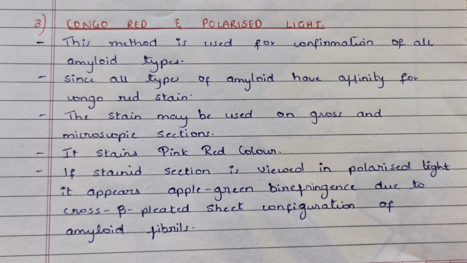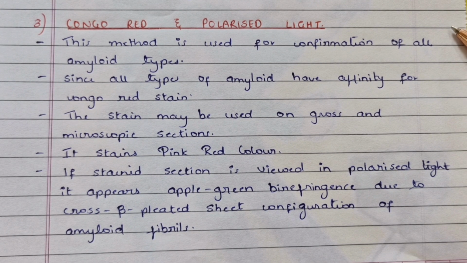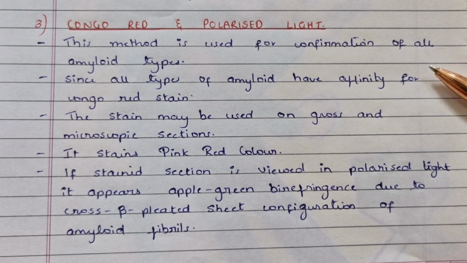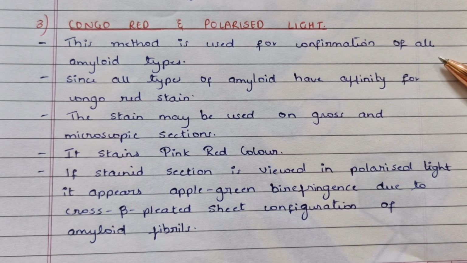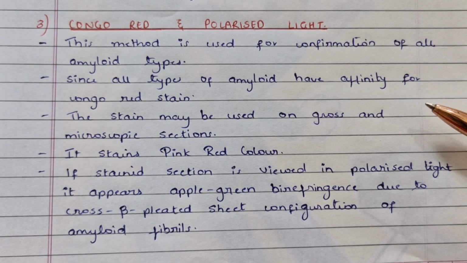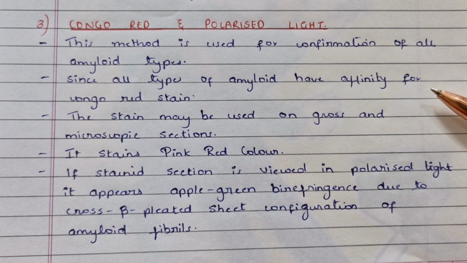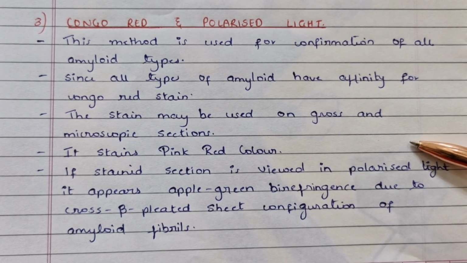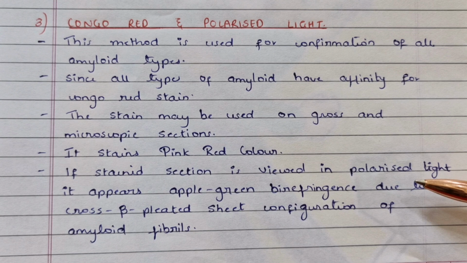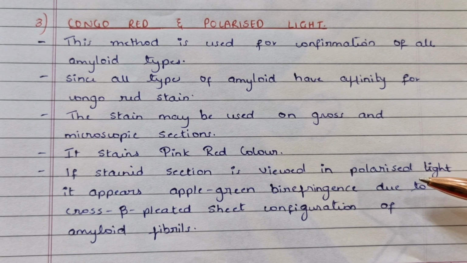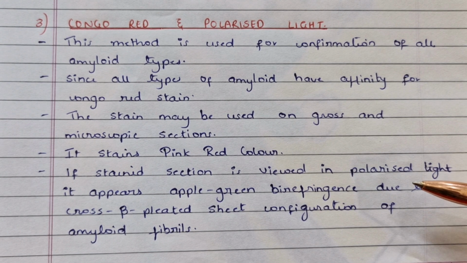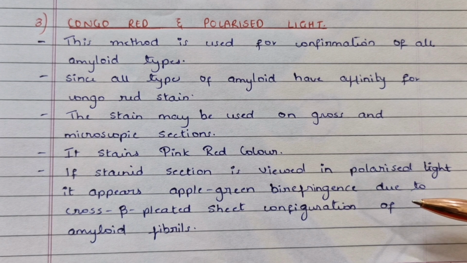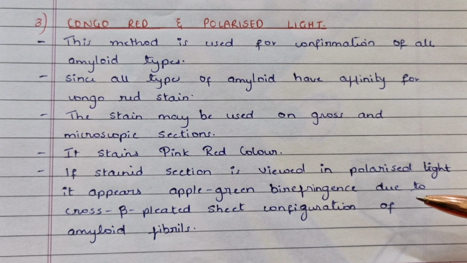The third one is Congo red and polarized light. This method is used for confirmation of all amyloid types. Since all the types of amyloid have affinity for Congo red stain, the stain may be used on gross and microscopic sections. It stains pink-red color. If the stained section is viewed in polarized light, it appears apple green birefringence due to cross beta pleated sheet